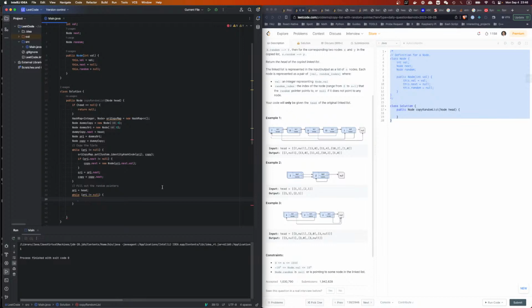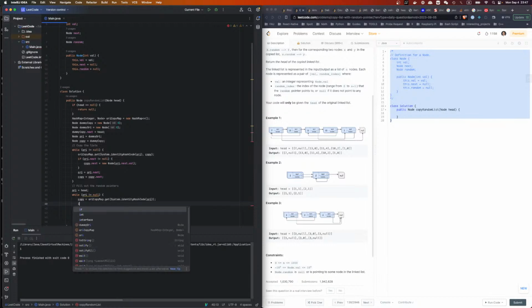Then for everyone we can go for the random pointer. Because they all have hash code, so copy shall equal to original copy dot get System dot identity hash original, right? So we get the copy, then we say copy dot random shall equal to original dot random, and it points to something,